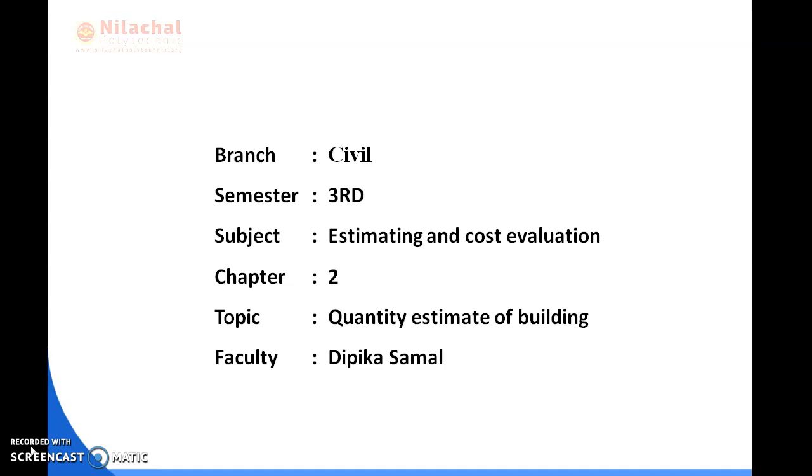Today we discuss the new chapter, Quantity Estimate of Building. In this chapter, we're going through the quantity calculation of a building by two methods, the centerline method and the Long wall-Short wall method.